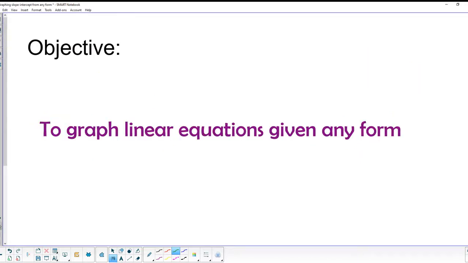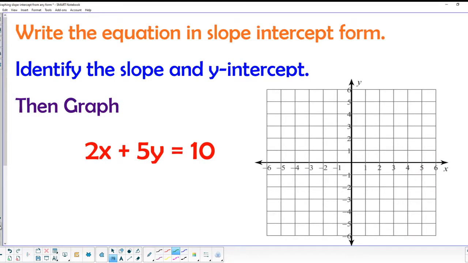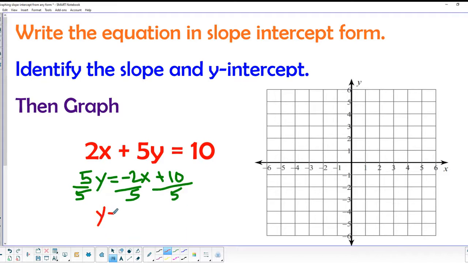Now today we're going to graph linear equations given in any form that they're in. Now we already know how to graph them if they're in y equals mx plus b form. But what if they're not? Like this one. This one's not in y equals mx plus b form, so let's put it in there, okay? So let's rearrange it. 5y equals negative 2x plus 10. Divide both sides by 5. And when we do that, we end up with y equals negative 2/5 x